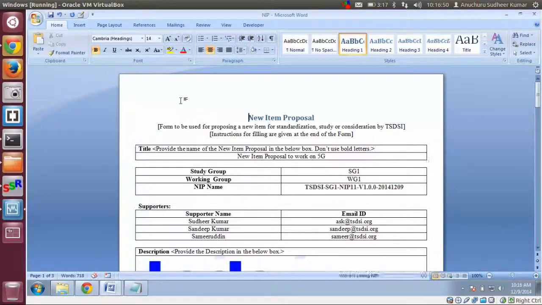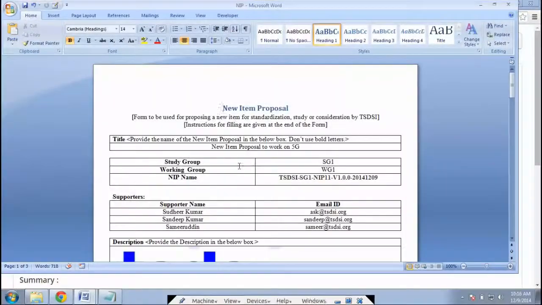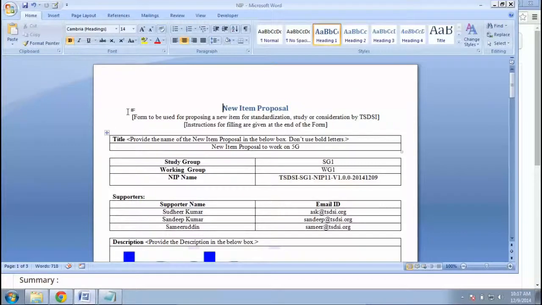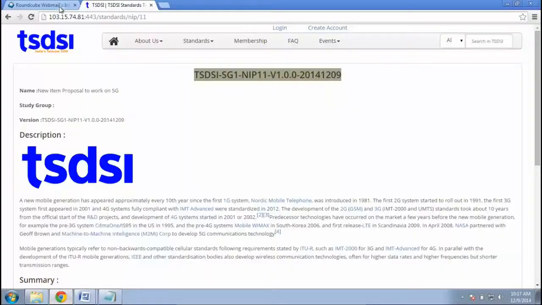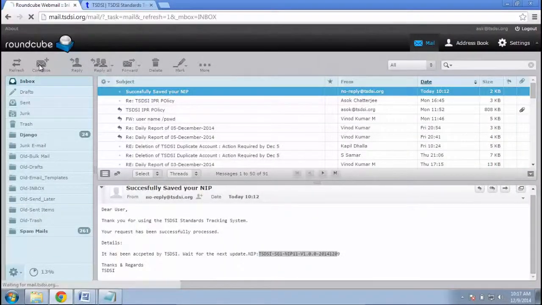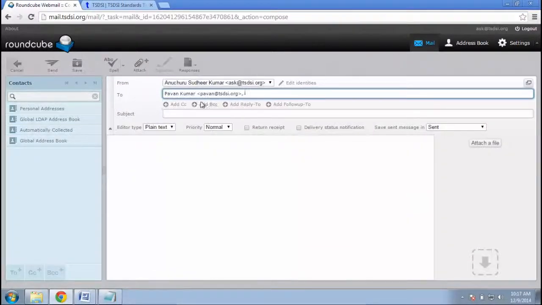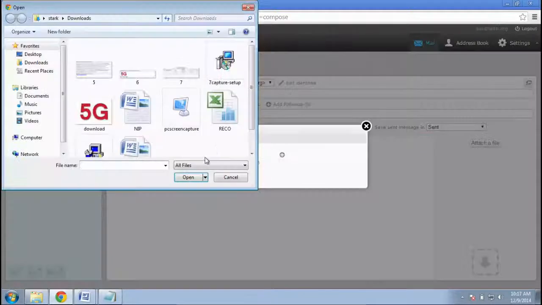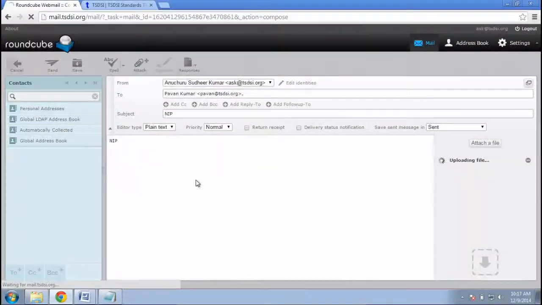The template has all the necessary data to process. The person receiving it will process the NIP document, not the subject and body of your mail. If you have any error in your document, you will get a reply saying that you have sent an invalid template. If you don't have any error, you will get a successful message saying that your NIP is successfully saved.